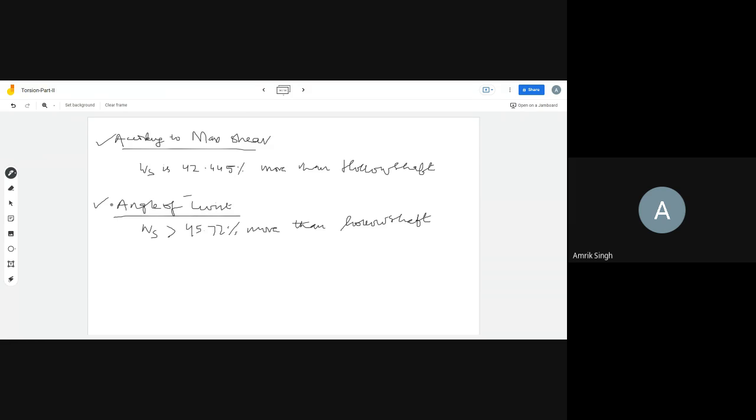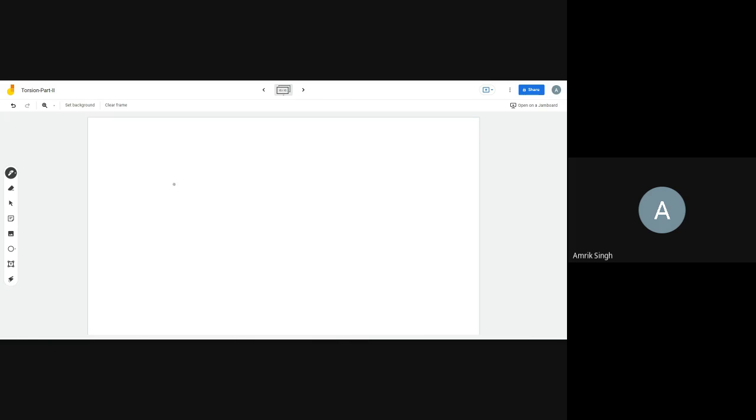Do we want 2 minutes more, or we'll take up this in the next class along with tomorrow's class along with the numericals. We will prove that a hollow shaft is stiffer than a solid shaft. Okay, so this will prove mathematically. So I stop my lecture over here. Thank you very much for your patient listening.